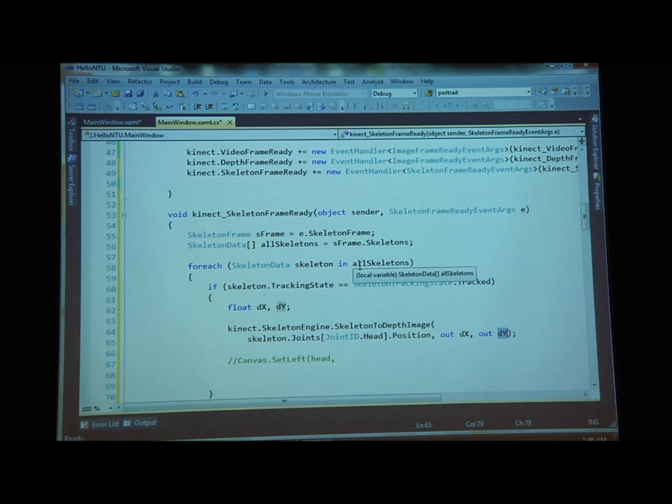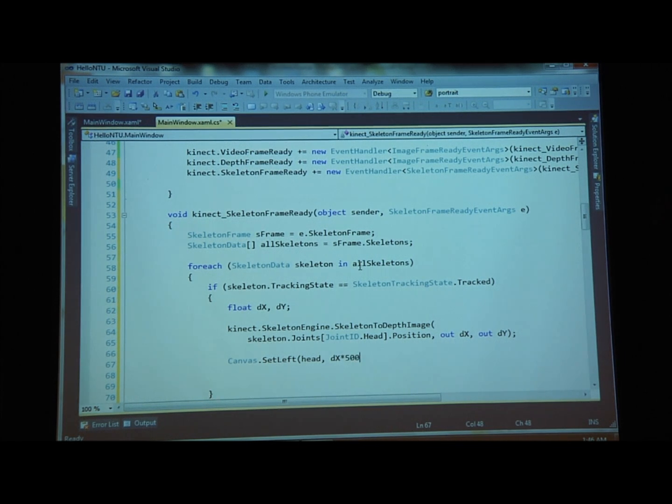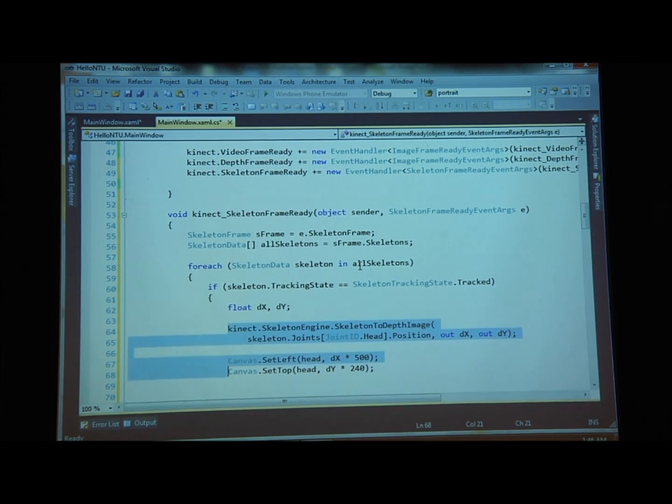So what I'm going to do is set the canvas.setLeft. I'm going to take my head position and move it to dx times x plus 500. And you sort of see where I'm going with this. Now I'm going to say canvas.setTop. The same head position should be at dy times 240. Right? So I'm going to do the exact same thing. I'm just going to copy paste this code, if you will,